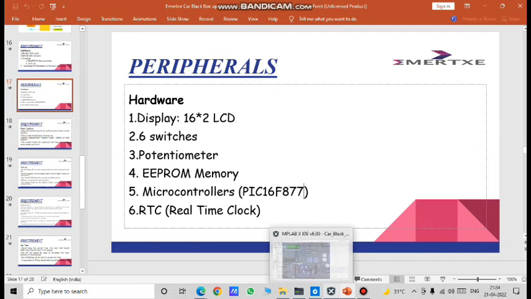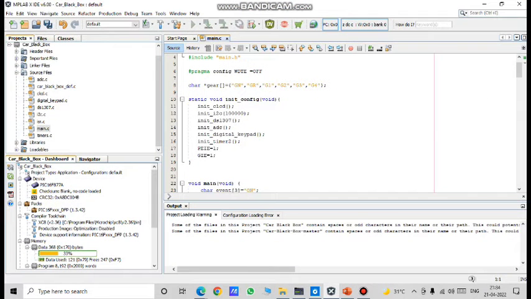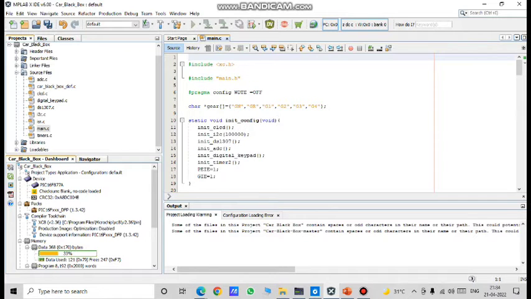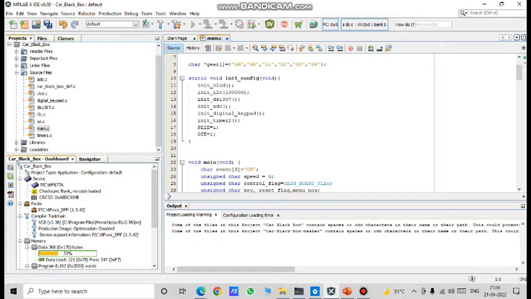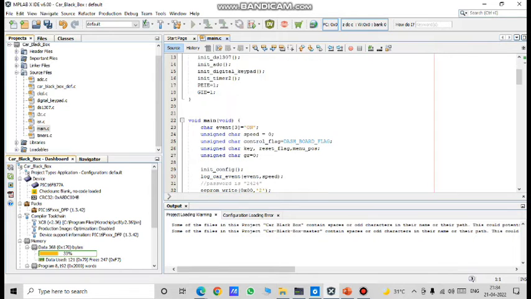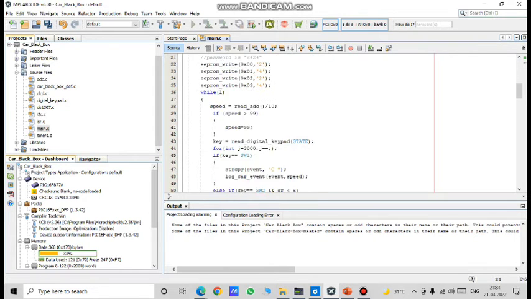You will be interested. So this is MPLAB X IDE, this software. What we have done is, this is the code written by us. So if you first see it,